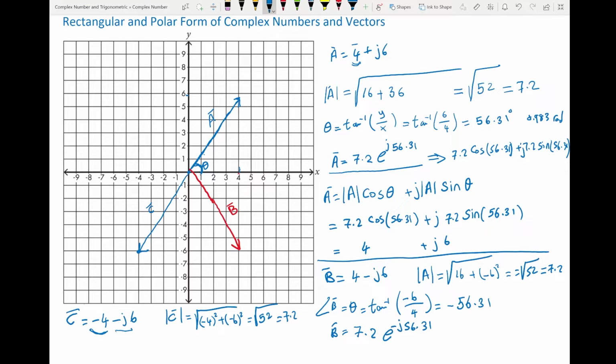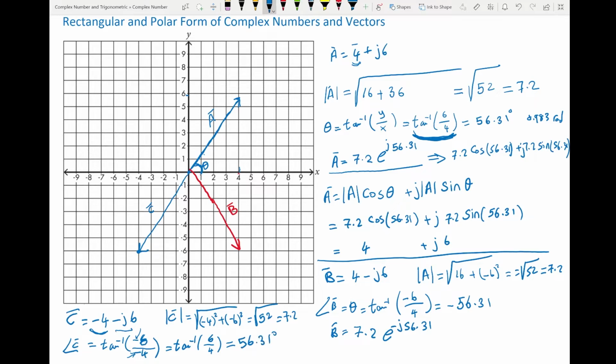If I do it mechanically without taking into consideration the location of the vector, the angle of C equals tan inverse of the imaginary part, that's minus 6, divided by the real, minus 4. So that will be tan inverse. This minus and this minus will cancel, so you end up with 6 over 4. Look, this looks like this one here. So you plug this in your calculator, it tells you the angle is